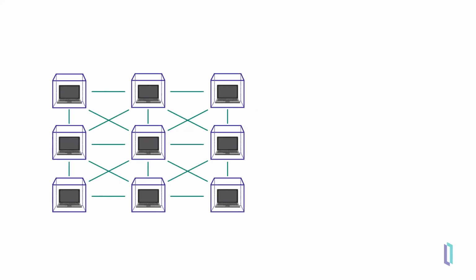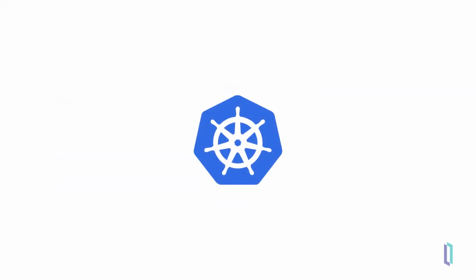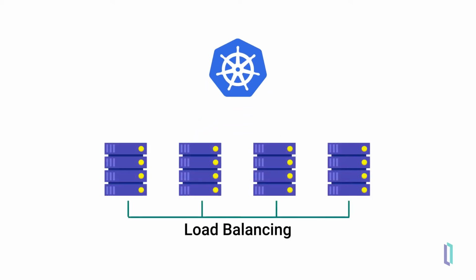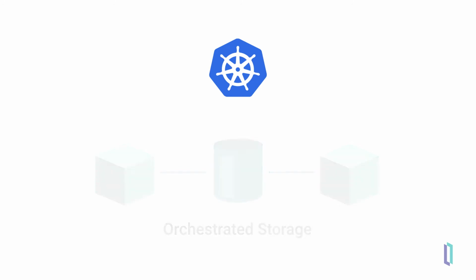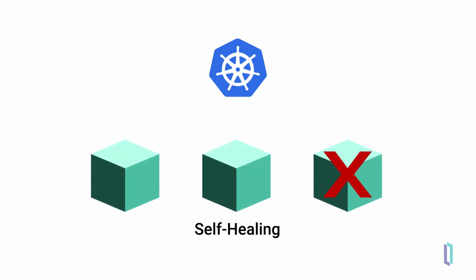By defining your Kubernetes environment in configuration files, often in an industry-standard YAML format, you can eliminate much of the manual work traditionally required for managing a distributed deployment. Examples of traditionally manual tasks that Kubernetes streamlines are load balancing traffic to your containers, orchestrating storage volumes, automating rollouts to new versions or rollbacks to previous versions of your application, and repairing the cluster if a portion of it